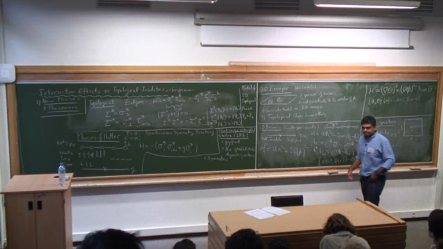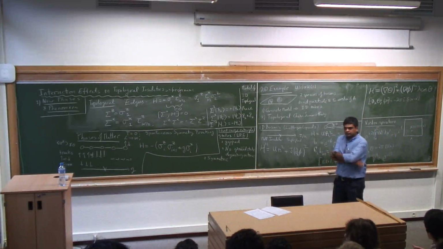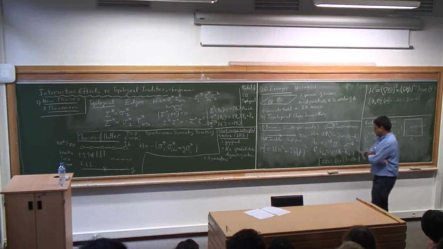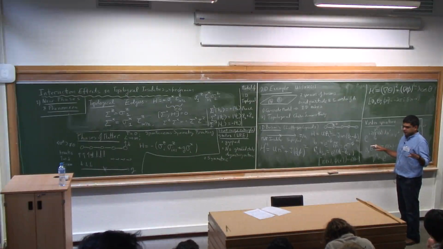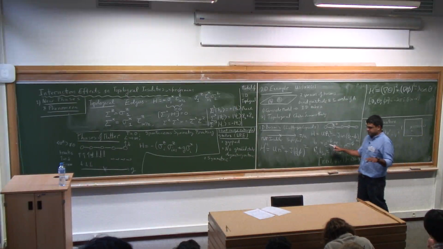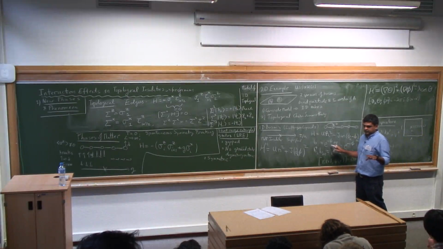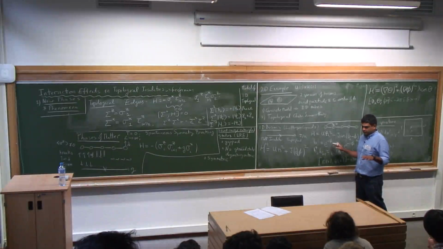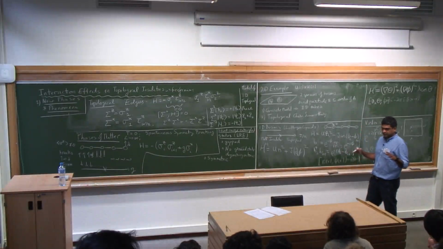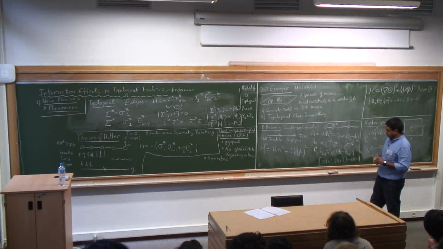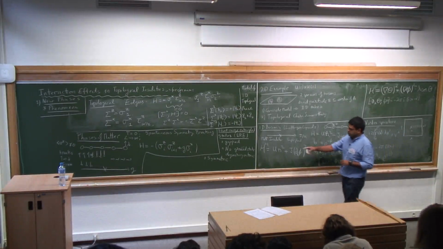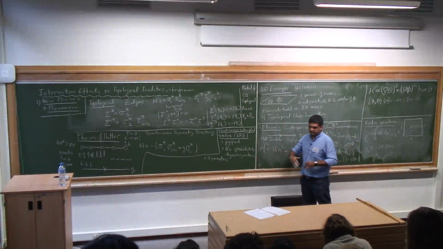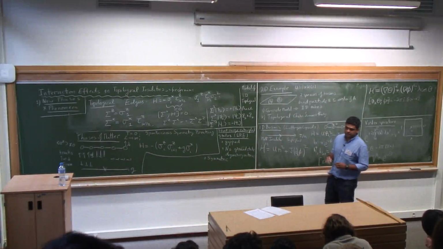Yeah? Can you explain again why the boson operator is pure phase? Yeah, so if you're just interested in long-distance physics, you can replace the operator by just a pure phase. It has the same symmetries as the operator. Now, if you want a microscopic derivation of that, you can think of the following scenario. Let's say there's a very large number density of bosons. So instead of having a Mott insulator with one particle per site, let's say you think of something which has, say, 100 particles per site.